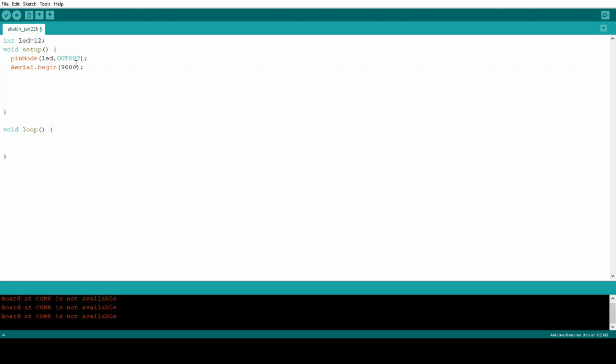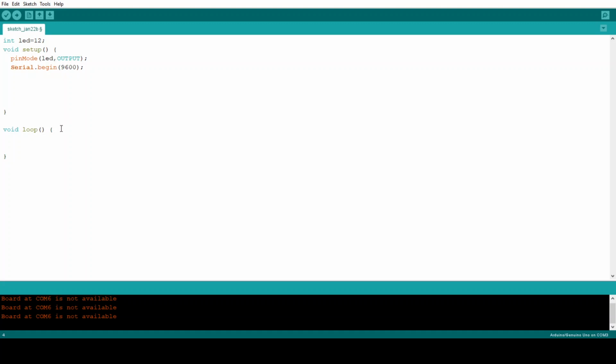Here in the syntax of Serial.begin(9600), S should be caps. If S is small, it doesn't change any color. So S should be capital, and then the color automatically changes. So 9600 is the baud rate, and the same baud rate should be set in the serial monitor. That is the syntax of Serial.begin(9600). Void setup is closed.